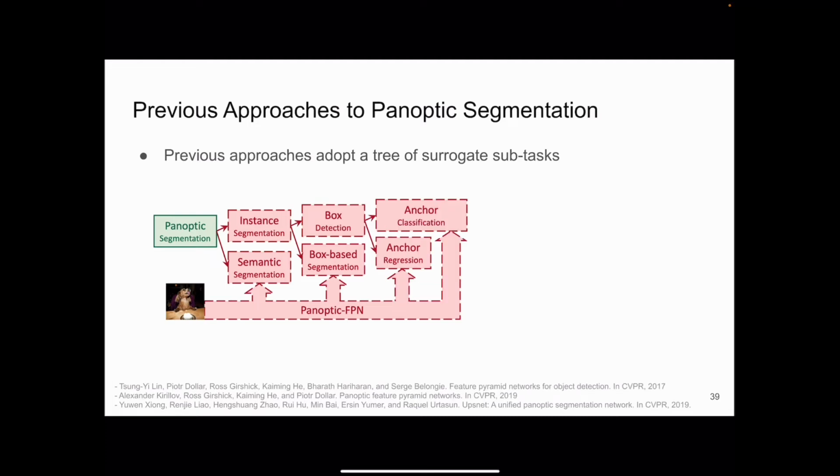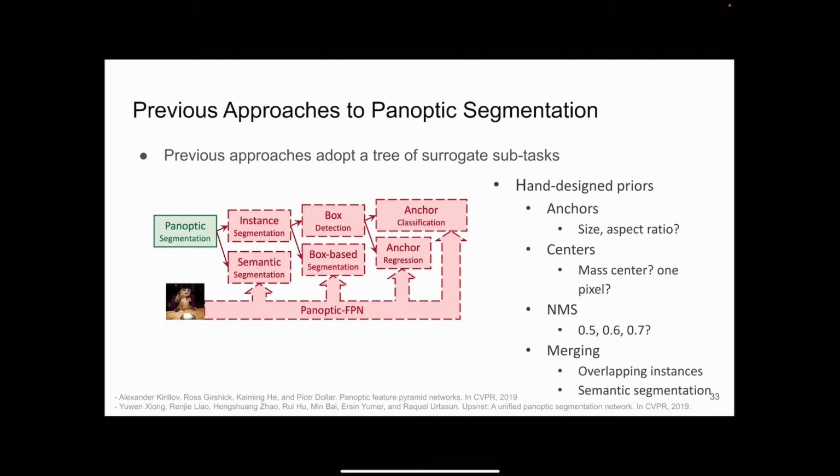The box detection further requires anchor classification and anchor regression. There are a lot of hand-designed priors involved. For example, what is the anchor size? Aspect ratio? How can we design the object centers? What is the non-maximal suppression value? How could we merge the semantic and instance segmentation outputs?